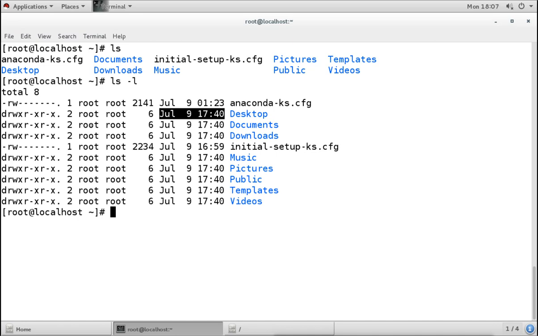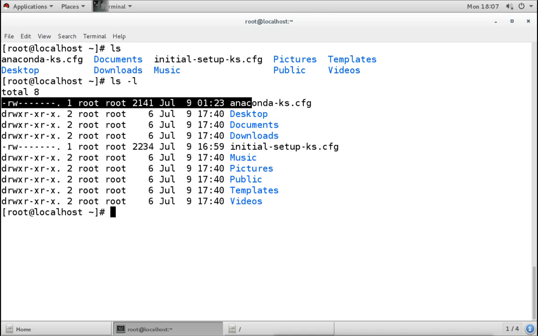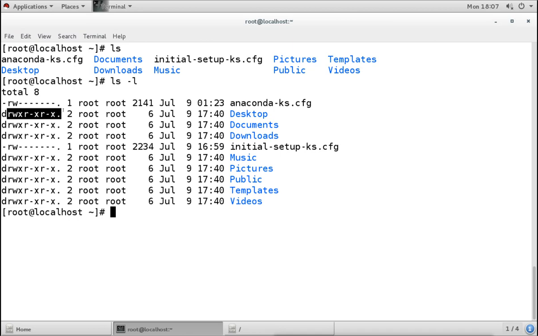So this is the whole attribute of the file or directory. What is the attribute? First it mentions the type of the file or directory, then the permissions, then the link count, then the owner user and owner group, then the size of the file, and then the date and time.